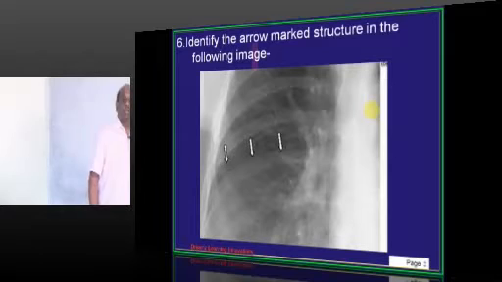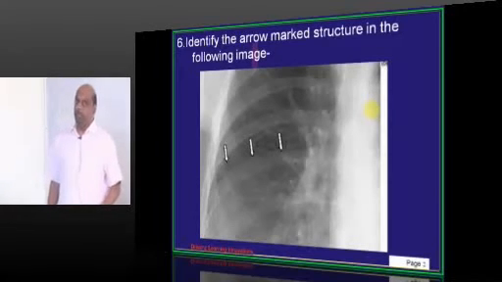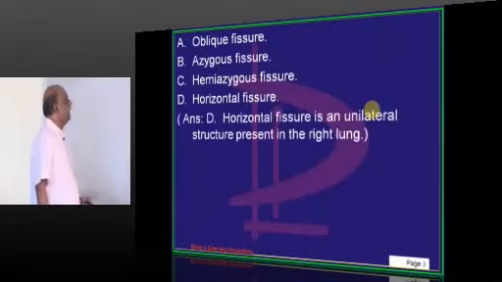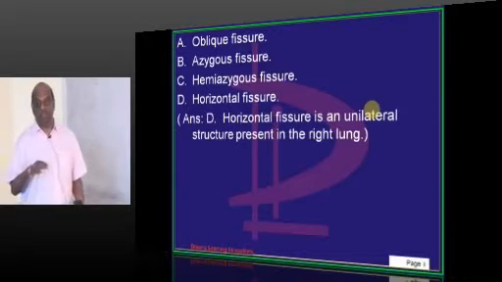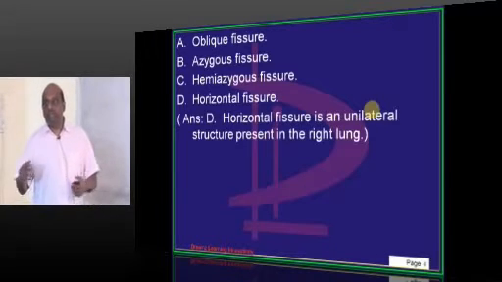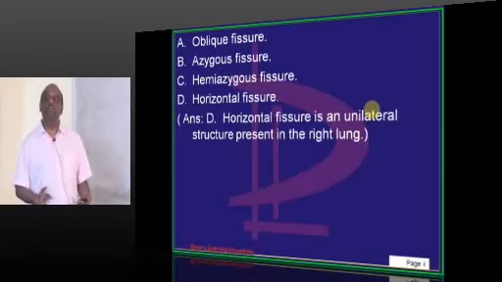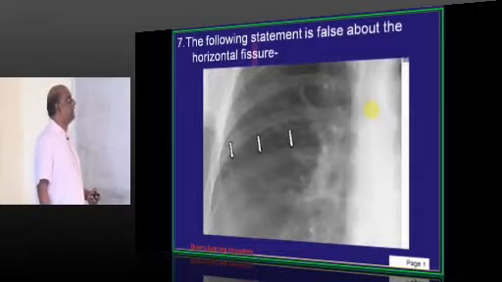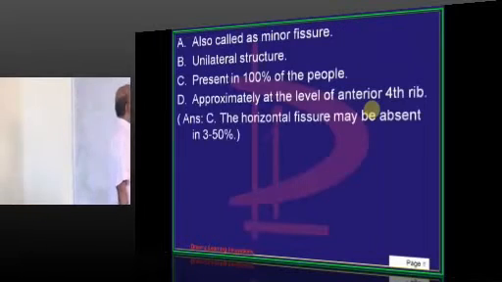What is the structure which is labeled in the chest radiograph? It is the horizontal fissure. If you take left lung versus right lung, only right lung has got the horizontal fissure. Now regarding horizontal fissure,